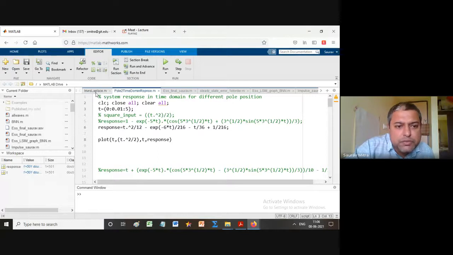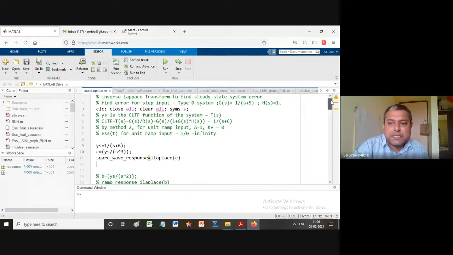Now let us move fast and go for a type 1 system. You have to do all those things now. For the type 1 system, we will first find out what GSHS is. So this is S into S plus 5. It is good to see the response in the time domain, but one very important thing here is that we are actually doing everything in GSHS. From the open loop function, we are actually calculating everything for the closed loop error.